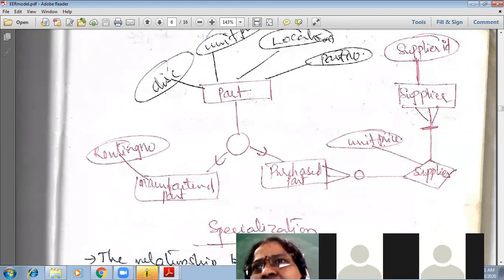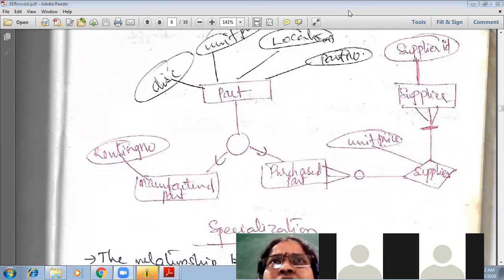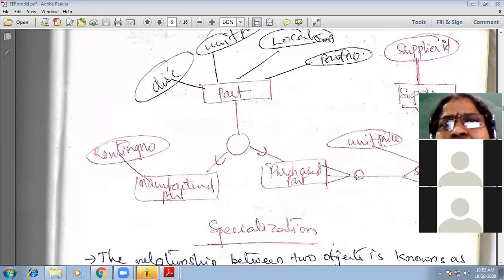A supplier supplies zero or more parts. A purchased part is supplied by one or more suppliers. This is the association. In previous classes we also saw an example of employee works in department, an association between employee and department.